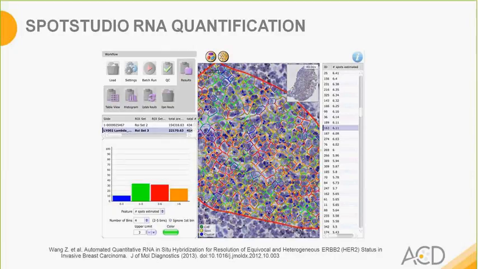An example of SPOTSTUDIO image analysis, in this case for HER2 expression in breast carcinoma, is demonstrated in this slide. The software basically identifies cell boundaries shown by the solid lines, sort of the chicken wire appearance, by approximating the average distances between the cell nuclei shown with the hematoxylin stain. The algorithm then counts the dots within each cell and bins the cells by color according to the number of dots